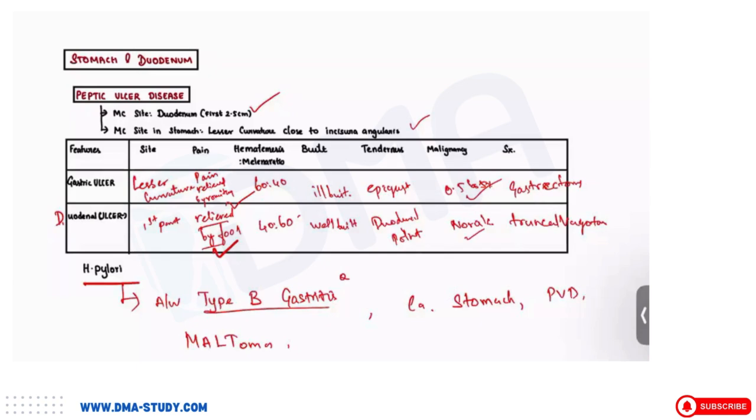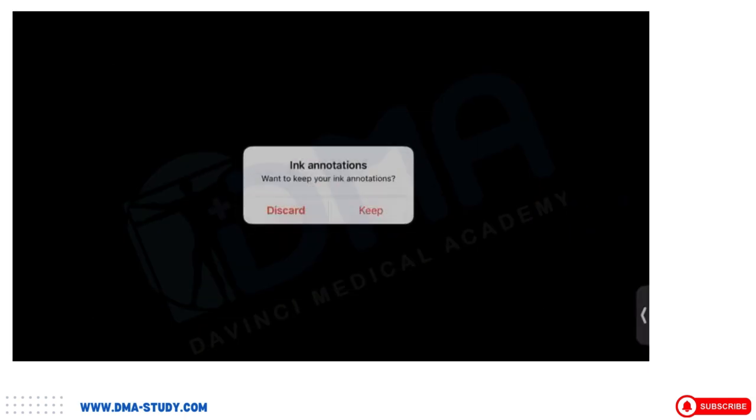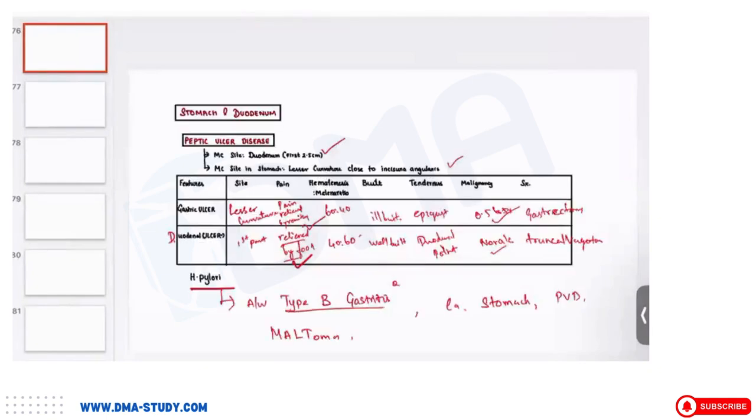Which one has a malignant risk? Gastric peptic ulcer or duodenal peptic ulcer? Mostly gastric ulcer. It's 0.5 to 6%. 5 to 6%. Okay, 5% is the answer here. 5 to 6% you may see. Okay, and apart from that,